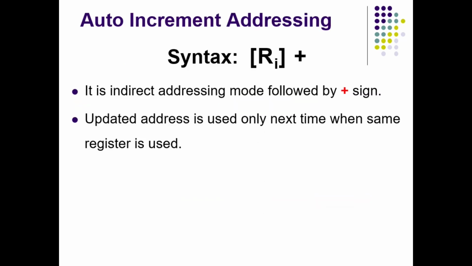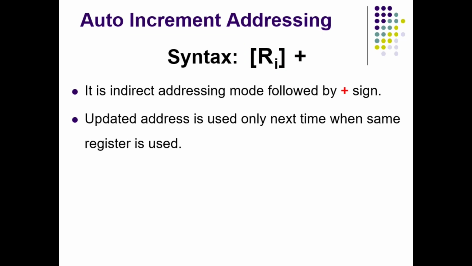Let us study one more addressing mode, the auto increment addressing mode. By looking at the name itself you might have understood this. It is actually a register indirect addressing mode, or indirect addressing mode using register. If you don't know what indirect addressing mode using register is, please go back and check that addressing mode. Auto increment addressing mode is nothing but indirect addressing mode using register, but after execution of the instruction, the register value is incremented by 1.